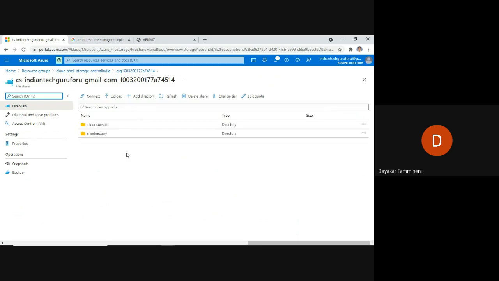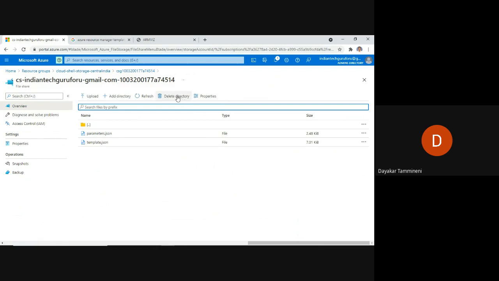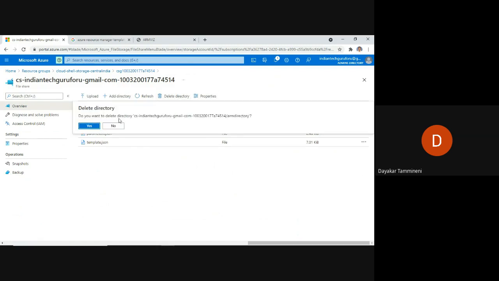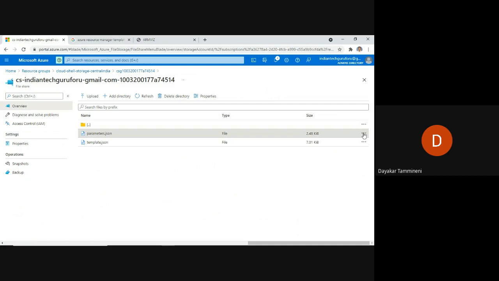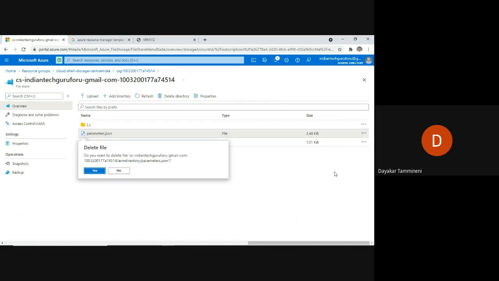Then there will be two directories available. This ARM directory was created during my practice session, so I'm going to delete this directory and create it once again. First, I need to delete these two files because I want to show you how to upload the files.